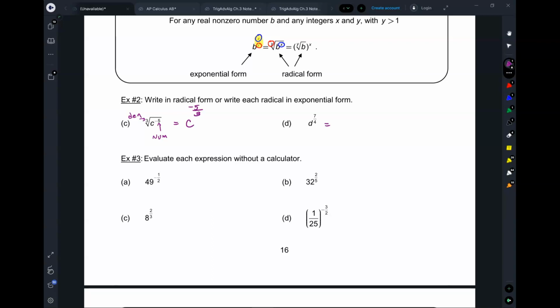Yes. Okay, so this one will be 4th root of c to the 7, or, I'm sorry, d, or equally correct, you can write it as 4th root of d to the power of 7. That exponent can freely move in and out of the radical. And how do you know which one is better? It depends on the problem you have at hand. Sometimes it's better to write it that way, sometimes the other way. Okay, so